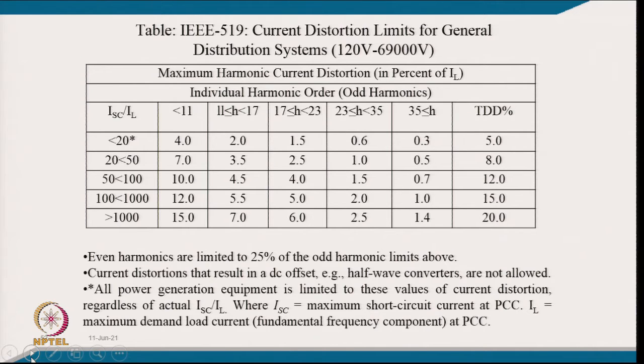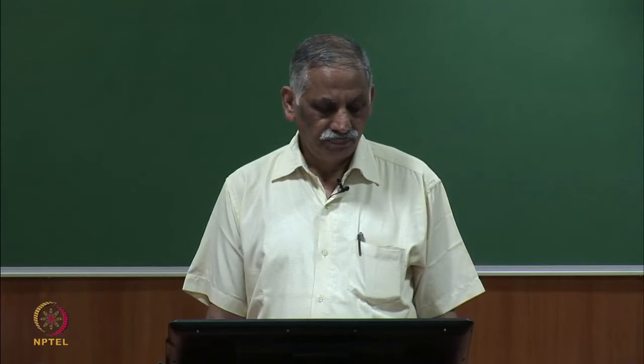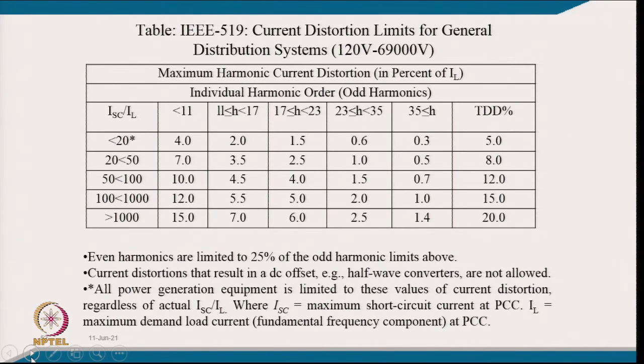and if you look at the first row on the left side, the short circuit current level is given as 20, which means your source impedance is typically 5%. It is 20 per unit, meaning 1 upon 0.05 will be equal to 20. So it means your source impedance is 5%. If source impedance is 5%, this is the percentage level of harmonics that can be afforded, and the maximum demand distortion factor